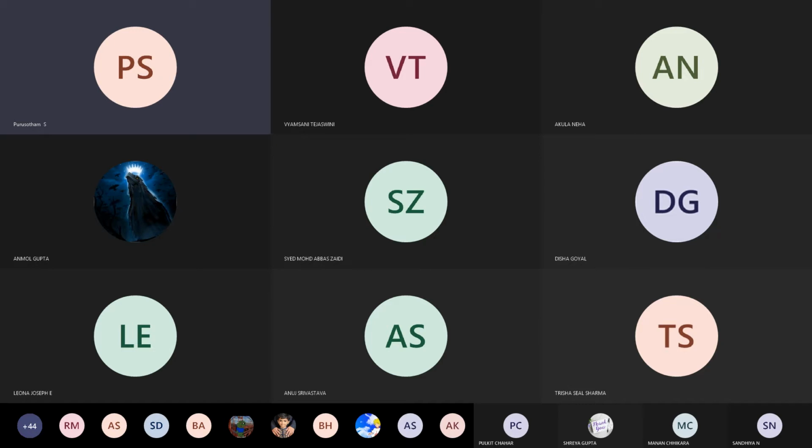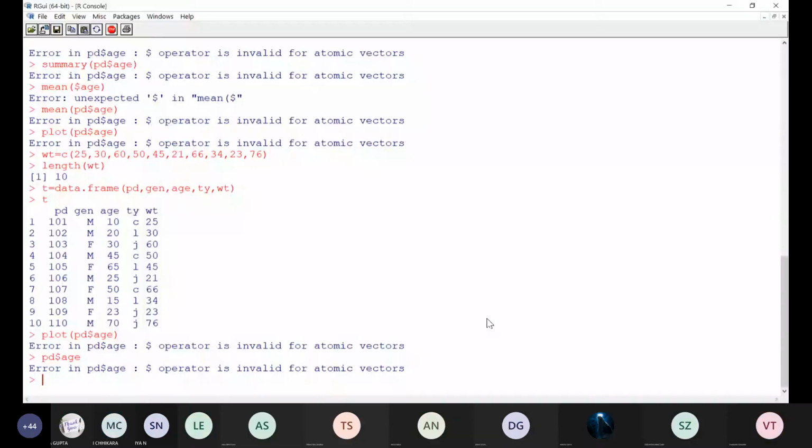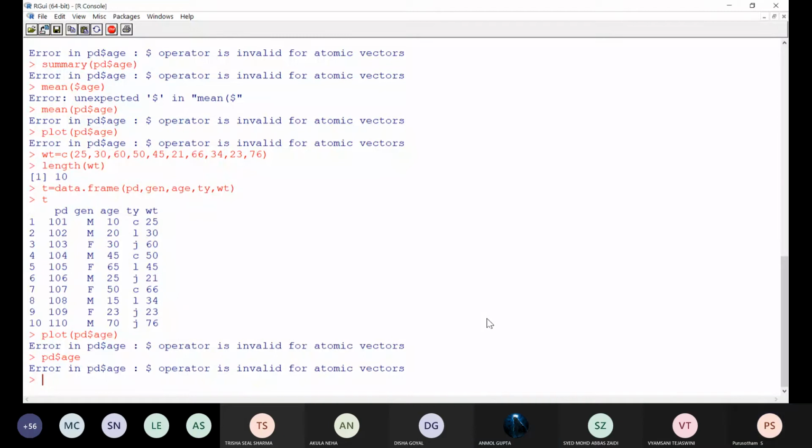You share your screen now. Others are getting the output, right? Figure window? Yes, sir. So you have a lot of errors, with the dollar symbol or GUI only you are using. Something variable you have used, t is equal to data dot frame, PD, gender. Tejaswini, do you identify the mistake you have done?